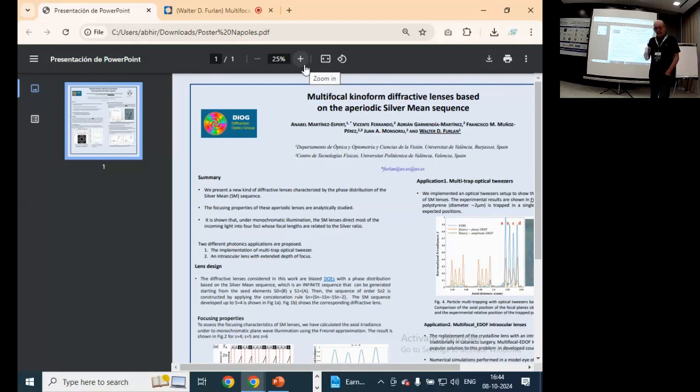I will present the basics of this kind of sequences, and then I will present two different applications that we have developed. The first one is a new kind of multifocal trap, the multifocal optical traps, in the form of optical tweezers. And the second one is in the form of multifocal intraocular lens. So I will start with